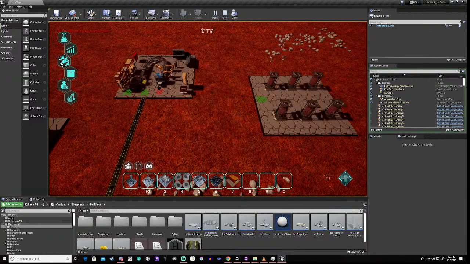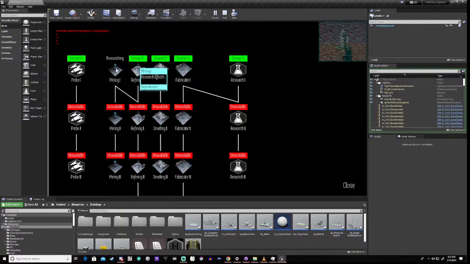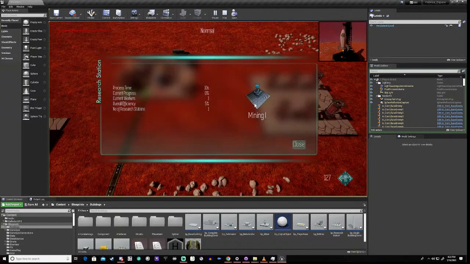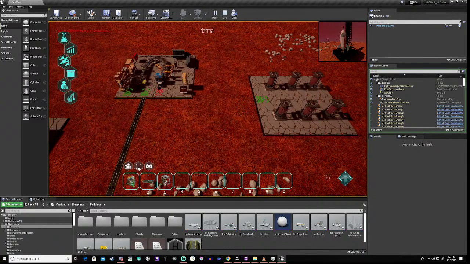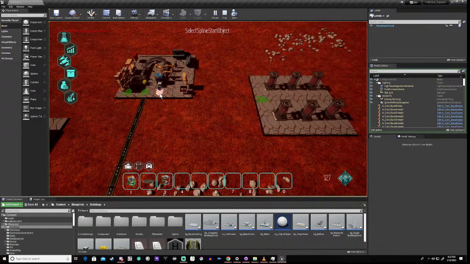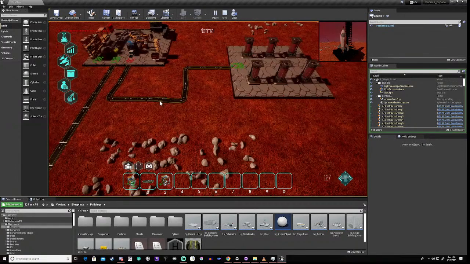So what we can do is we can go to our research tree. Okay, now the green means it's ready to go, and we're going to do mining. Okay, so researching, and you'll notice this now says mining, and we can join this up, right, like so, and now we will get